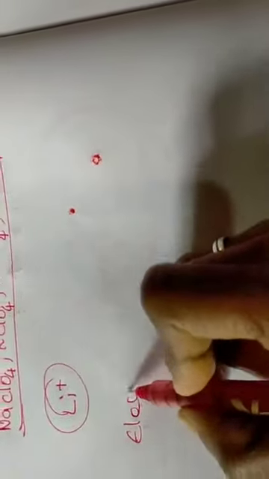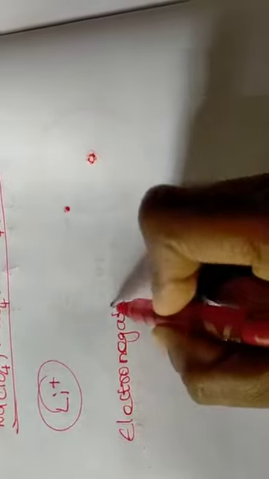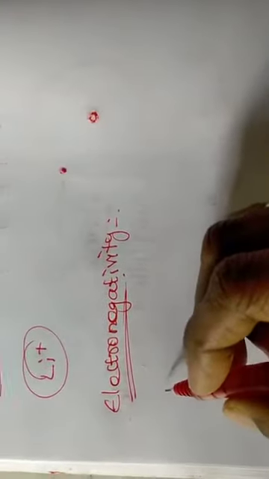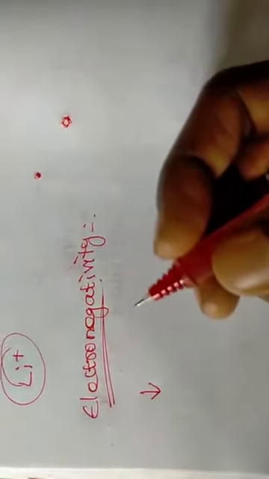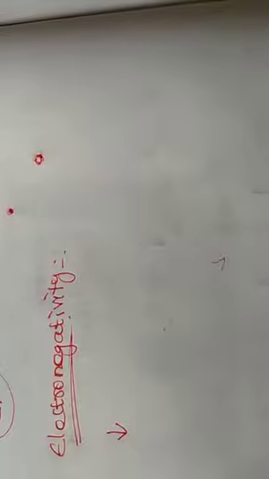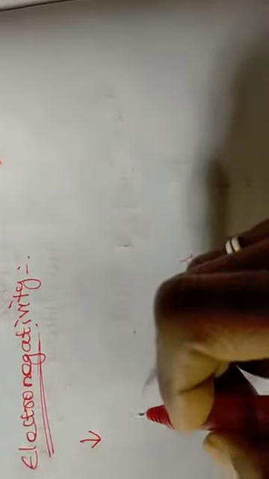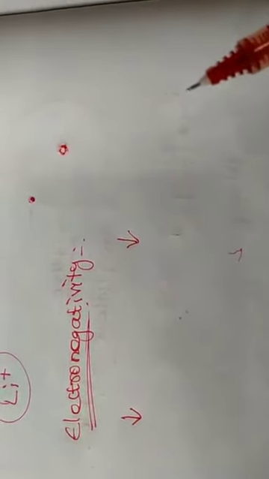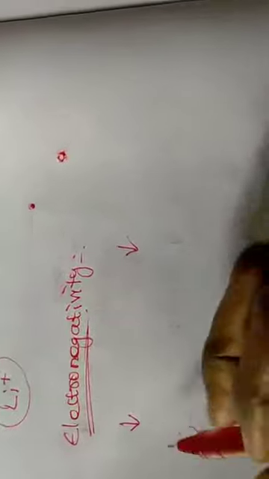Next character, electronegativity. Electronegativity is one of the general characters. Here alkali metals have very low values of electronegativity along the period. When alkali metals react with other elements, they produce ionic compounds. Because of the formation of ionic halides and other ionic compounds, they have low electronegativity. Because of the low electronegativity, they can form ionic compounds with other elements, including ionic halides. And the next character,